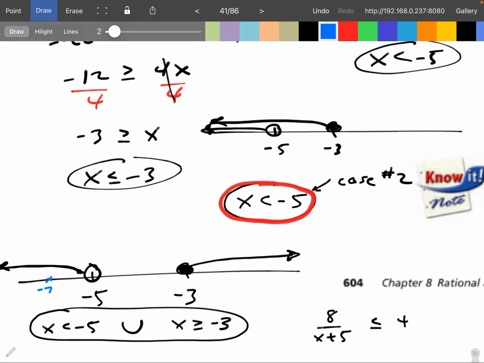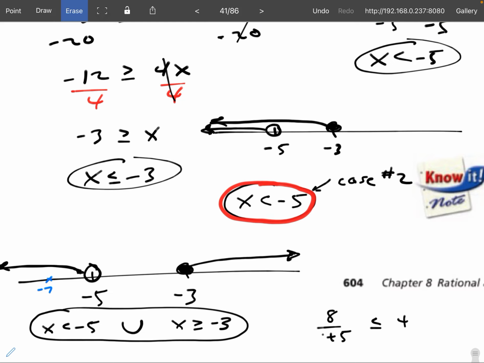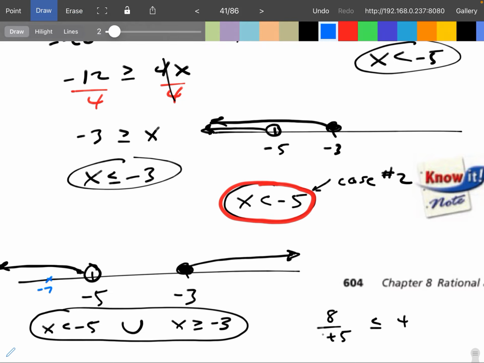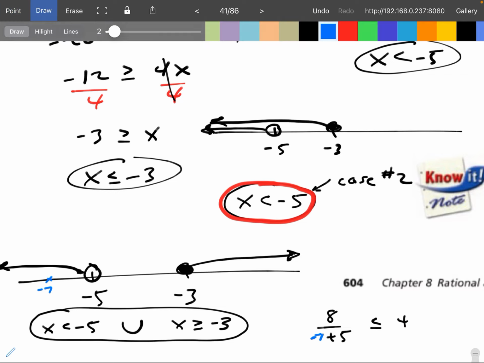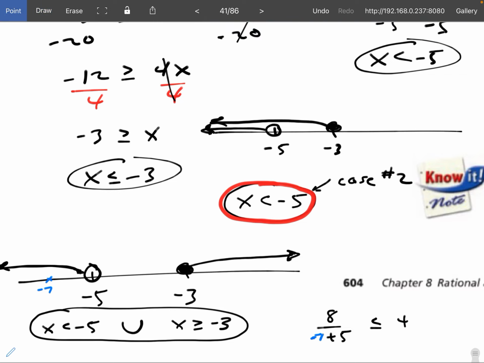So here's negative 7. If I put negative 7 in for that x, right here, that should make a true statement. Well, let's see, in the denominator, I've got negative 7 plus 5, which would be negative 2. 8 divided by negative 2 would be negative 4. Is negative 4 less than or equal to 4? Yeah. All right. Well, also, we said or